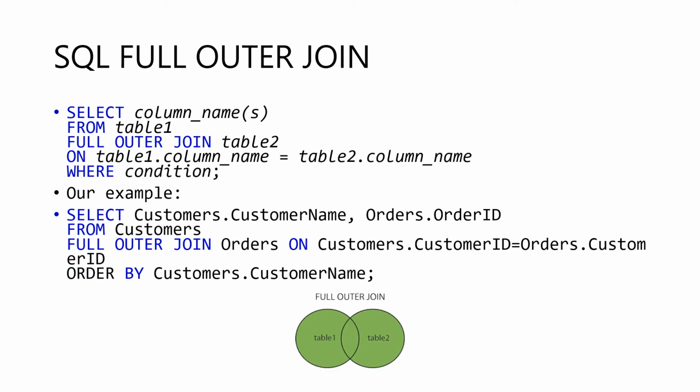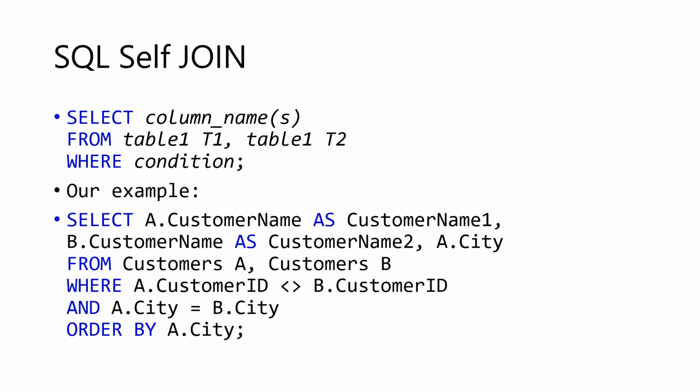Full join, or full outer join, returns all records from both the tables, matching or non-matching. It is possible in SQL to make a table join with itself on the basis of some condition or conditions. The example shows the customer table joined with itself where customer ID is different but city is the same for both A and B tables. Here is the condition. A and B both are the customers table.